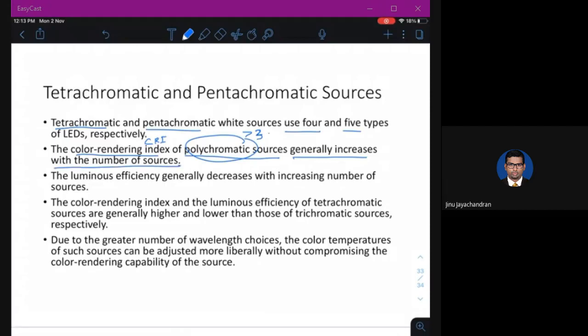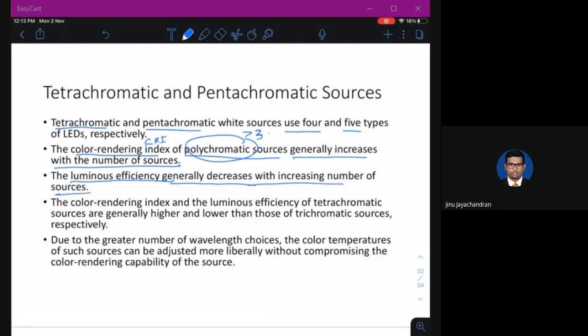So if you have more sources or active layers in your chip, to make it tetrachromatic, pentachromatic or hexachromatic, the CRI, which is the color rendering capability, the way in which you can see the color properly in the light, will increase. The luminous efficiency generally decreases with increasing number of sources.